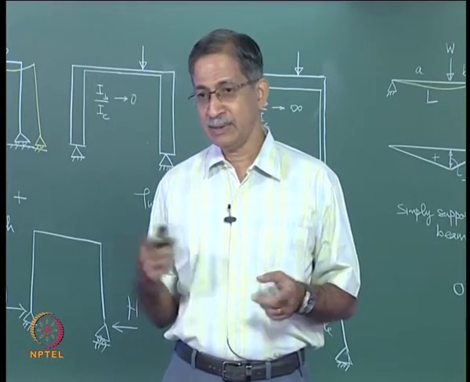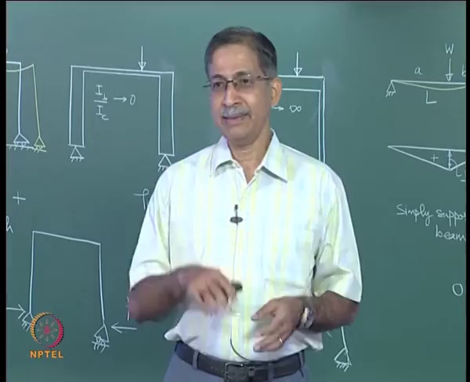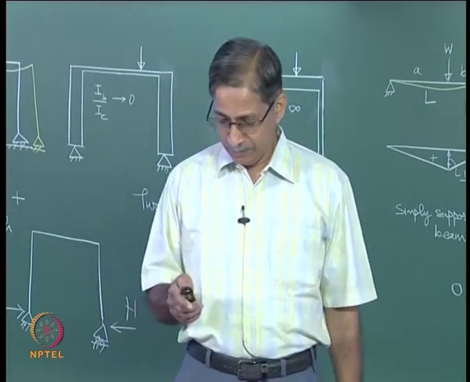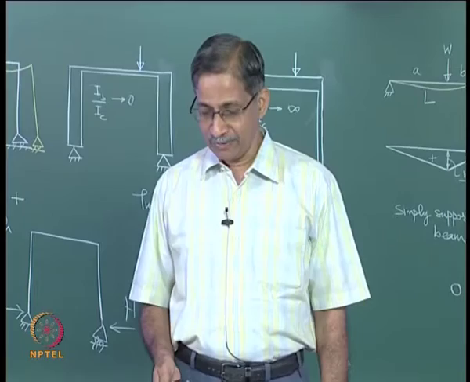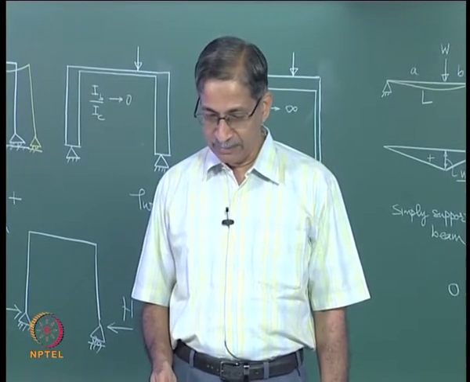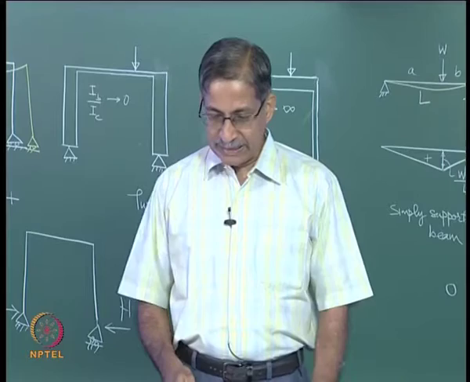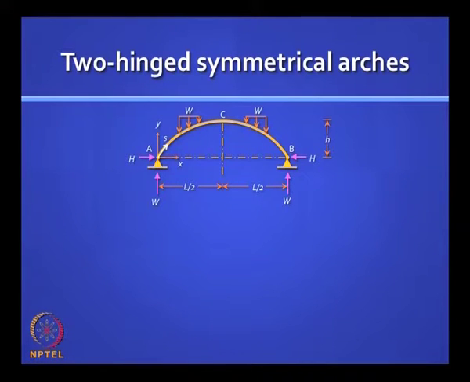Do you do it for buildings as well? Well, yes, big gateways and so on, but I will show you pictures of a project which we are now doing where we have a series of arches. So let us take a generic case of a two hinge symmetrical arch. Now you know that if you are dealing with an unsymmetrical loading, it is easy to deal with it, because you convert to symmetric, find the horizontal thrust, divide it by 2, and then you take the free body and analyze it. Can we use the same theory and do it here? Can you write an expression for capital H?